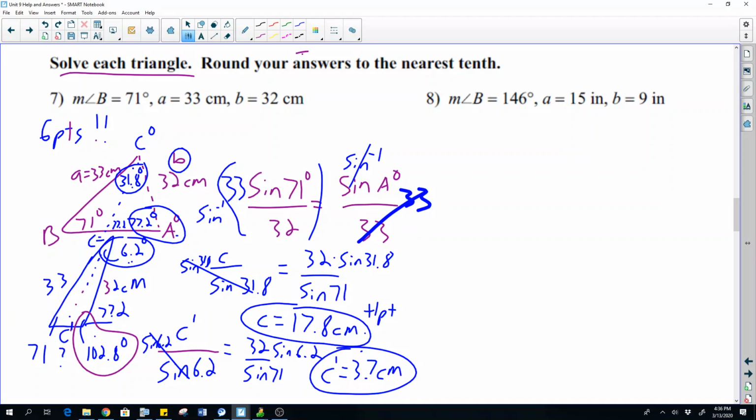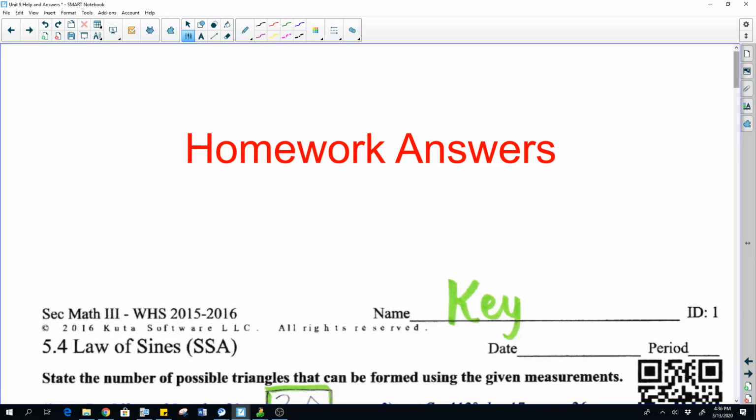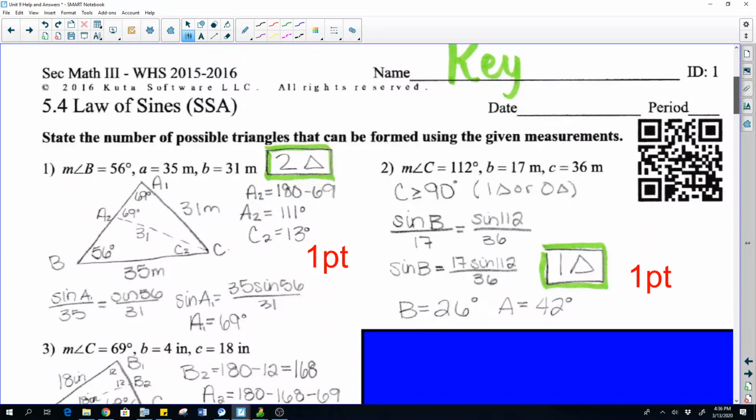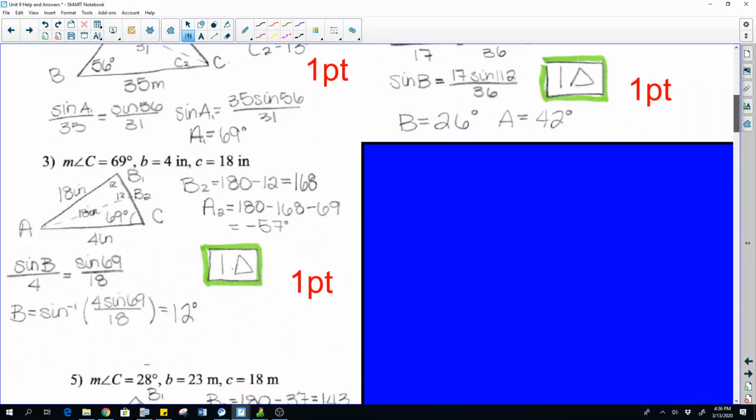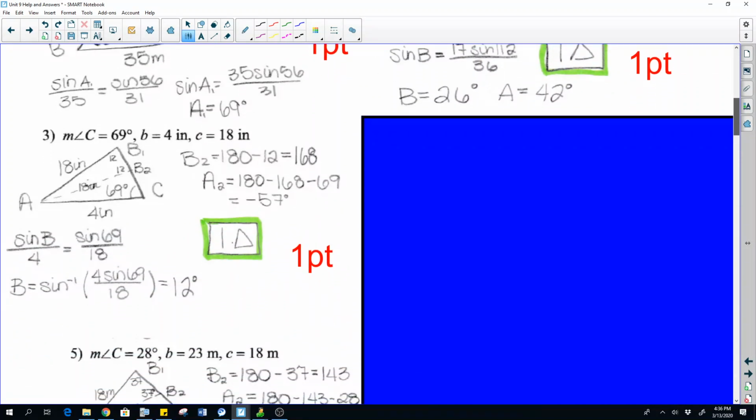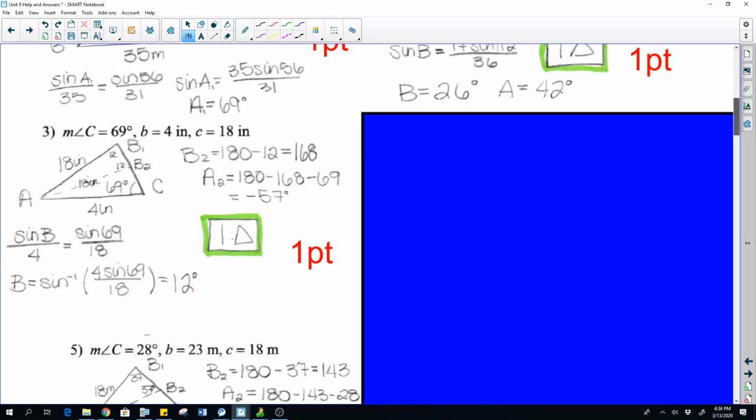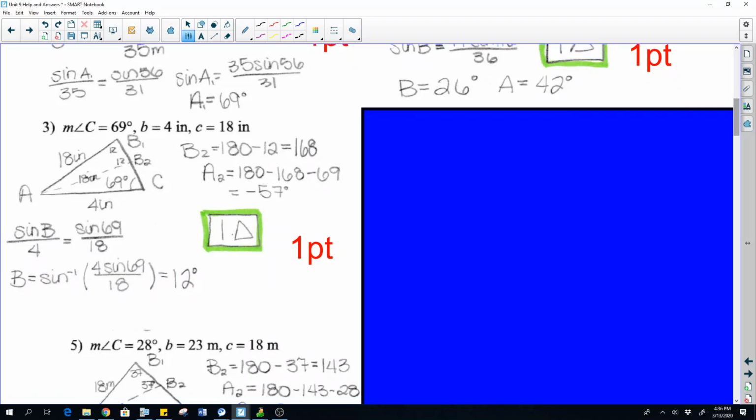Okay, and as another way of saying thank you, we're going to let you look and get help from and make sure you're doing this right. So there's number 1 and number 3. It's going to only be one triangle. How come it's only one triangle, Newbold? Well, I think they did something with the height formula, 180 minus, and I could talk about it in class too, but it looks like we're only going to get one triangle there.